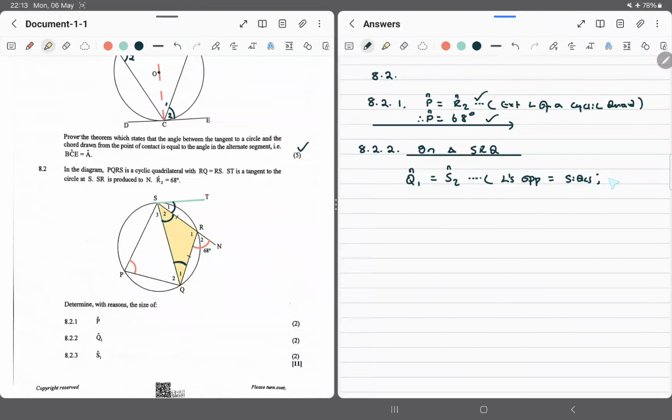Okay, we were given that SR is equal to RQ. All right, so that is important. We can say, however,